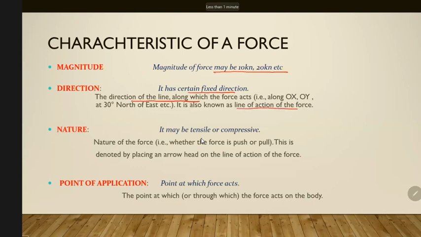Okay. Thirdly, the nature. Nature is what? What kind of force are we applying? Is it a tensile force? Is it a compressive force? Are you pushing the object, or are you pulling the object? Those kinds of